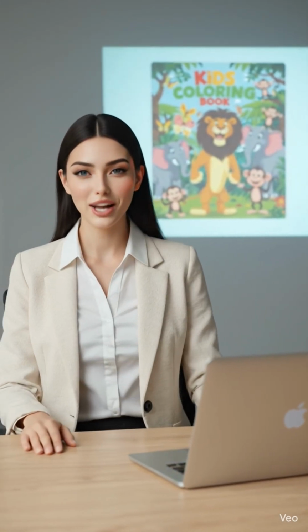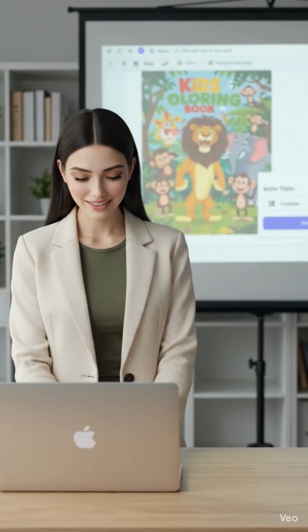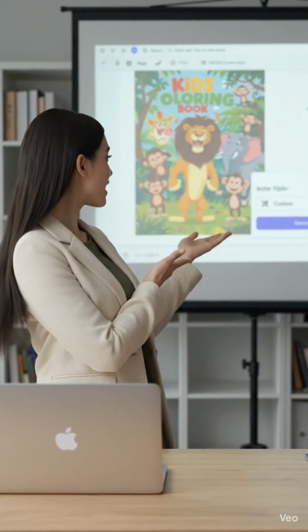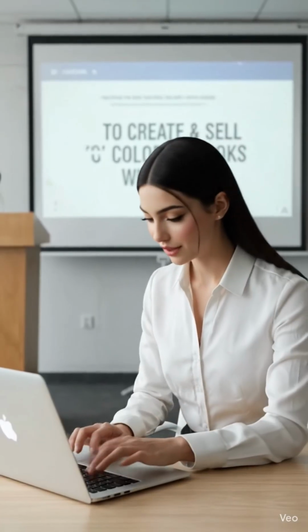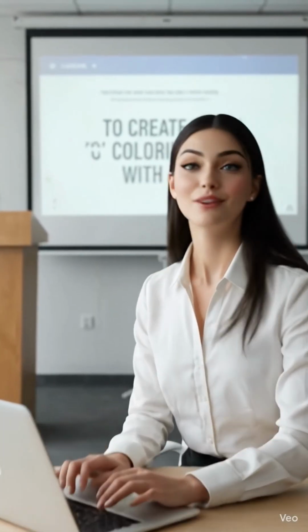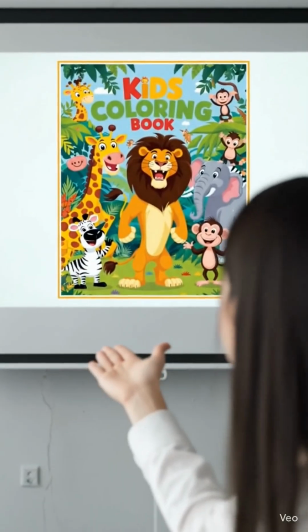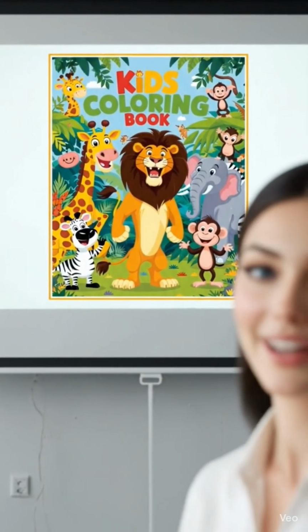Switch to cover of your coloring book. Enter title, write a short summary, and AI will generate a colorful cover for your book. Enter title, write a short summary. AI has generated a beautiful cover for our book. And